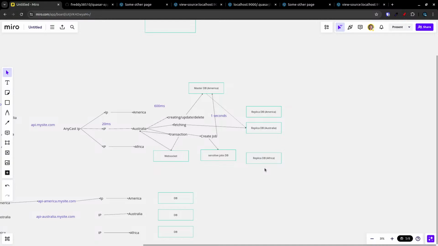But think about your priorities. If you have 90% of your customers in America and you're spending a ton of money for the other 10% of your customers, and the other 10% is in Australia, Africa, India, China, all over the rest of the world, then you're going to be spending a crap load of money on these replicas so that your social network is a little bit faster for that 10%. It doesn't make sense. Focus on building a really great product for your 90% of clients, and then when you start to grow,